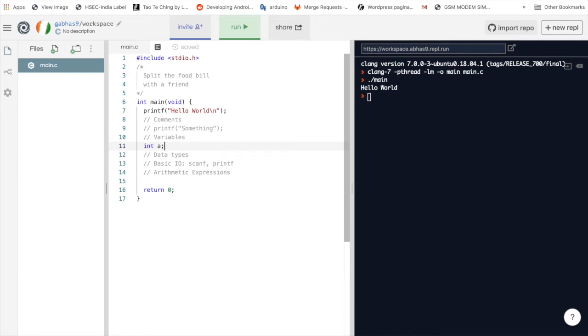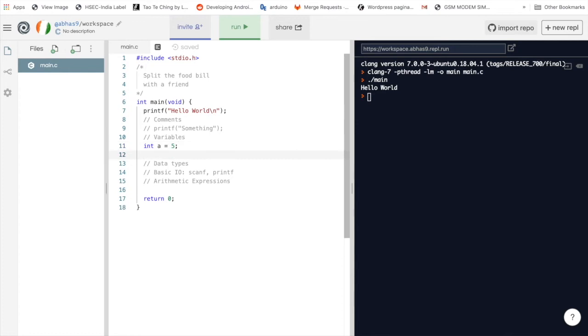Now let's say you want to assign some value to this variable. The way you do it is, so in line number 11 and 12 we have created a variable and we have assigned some value to it. We can also do these two things in a single line, so here we are declaring and initializing the variable in the same line. Declaration of a variable is the process of telling the compiler about the variable name and its data type, whereas initialization is the process of giving it some initial value.